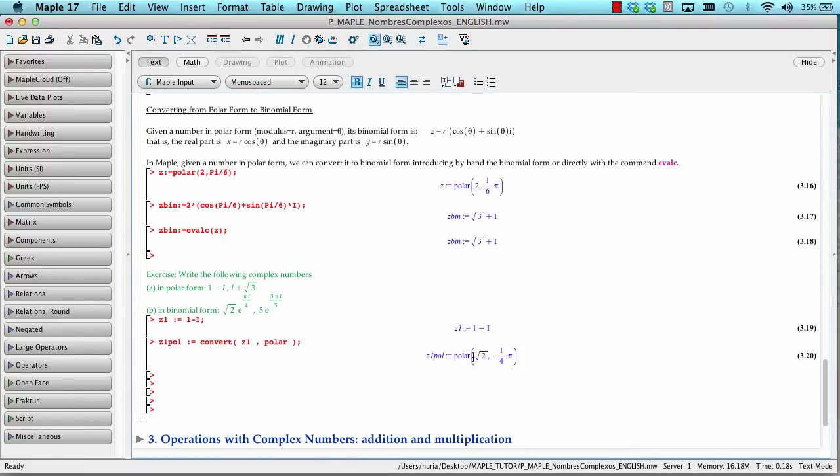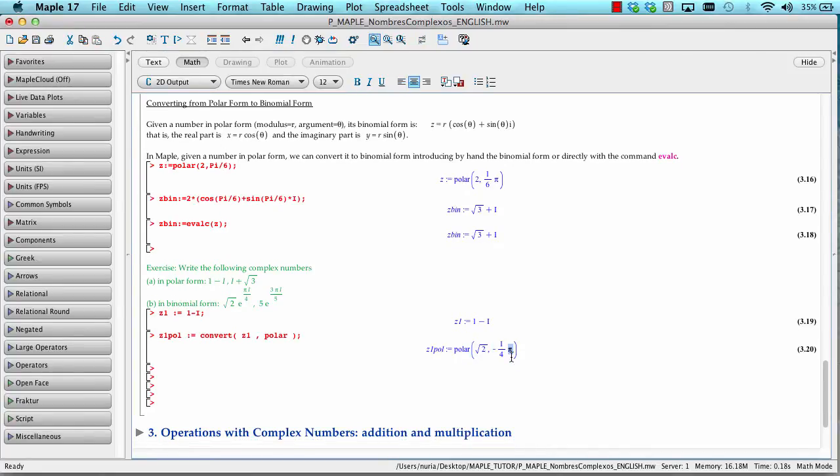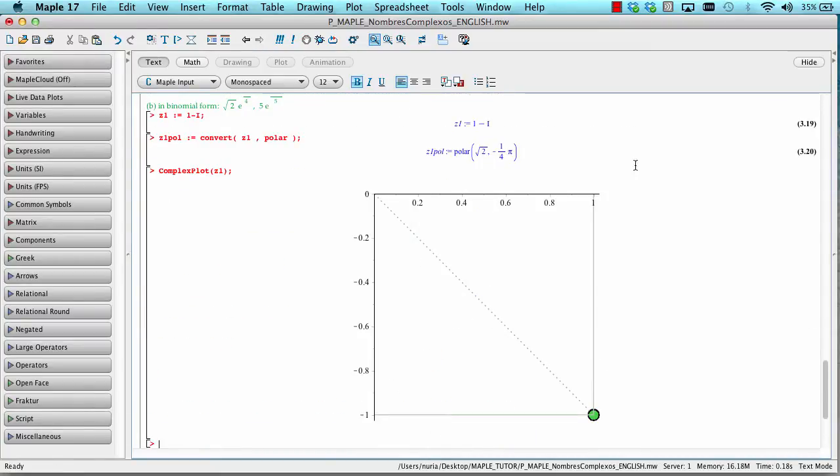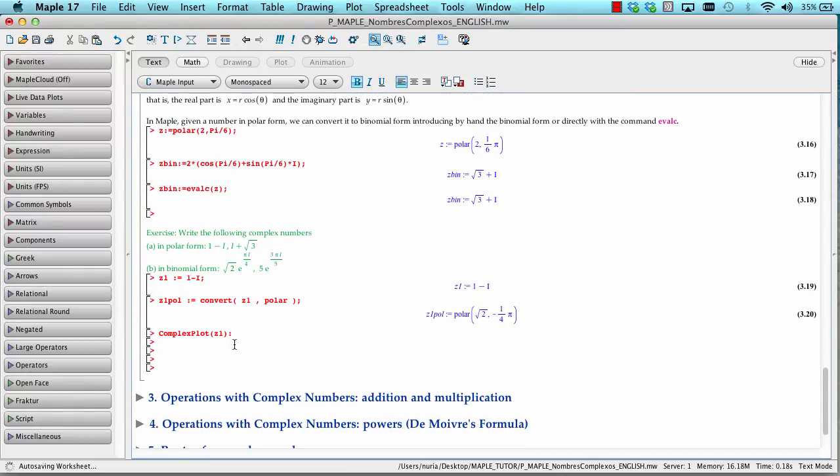So the modulus is square root of 2, the argument minus pi over 4. Okay. So this is going to be a number in which quadrant? In the fourth quadrant. So if you do a complex plot of Z1, okay, so we have 1, 1, magnitude square root of 2, and then the argument is going to be minus pi divided by 4, minus 45 degrees. We put a colon so that if instead of a semicolon we put a colon, we don't see the